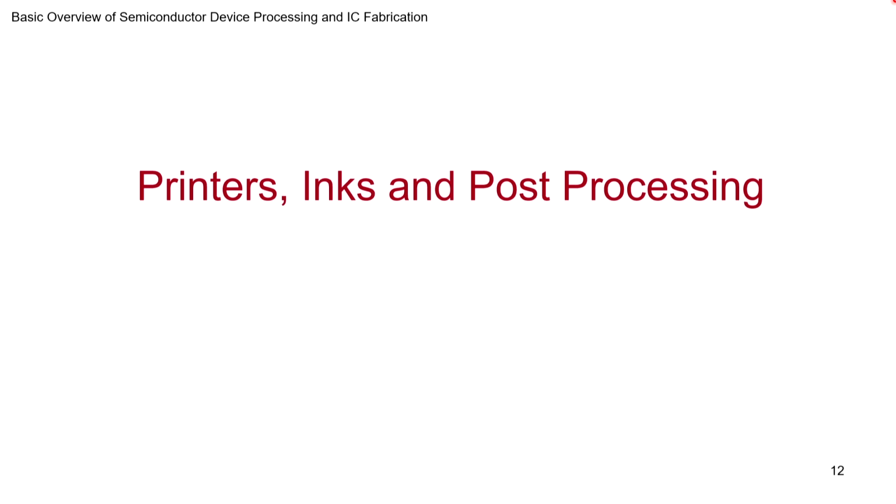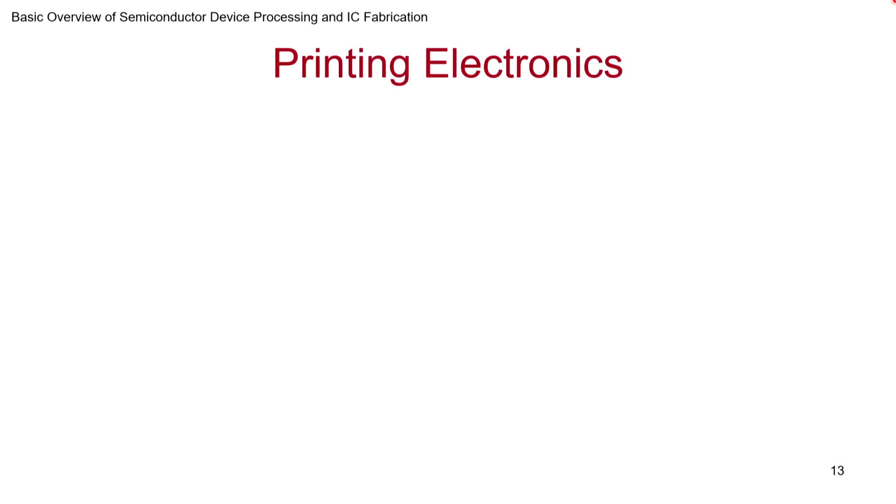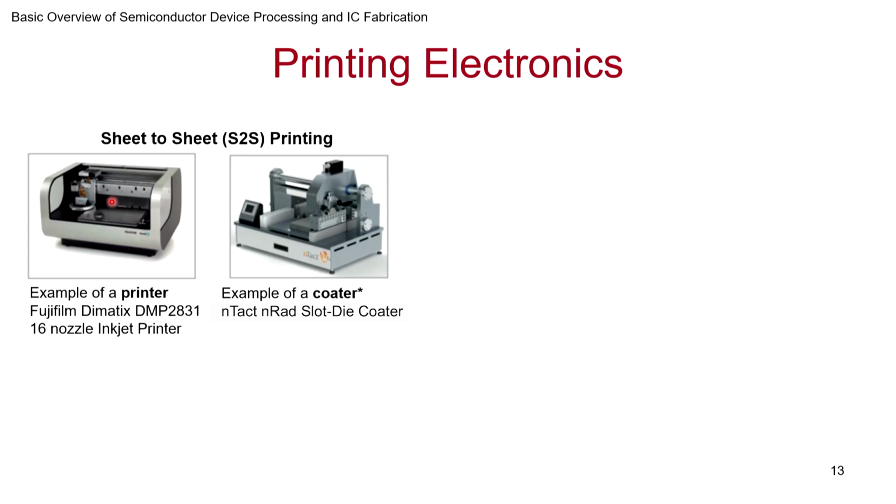Now let's move to discussing printers, ink and post processing, and just take a bird's eye view of this interesting approach of dispensing and forming thin films. For printing electronics, usually you can use any printer that you have for your regular printing on paper, for reading, writing and images and so on. In theory, any of them can be used for printing electronics as well. You just have to use the right ink and you have to tune the printer such that it dispenses it properly. Here I have given a couple of examples.